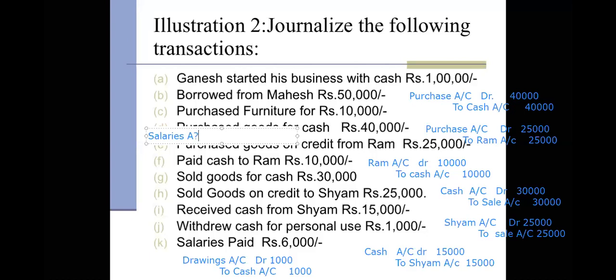So salary account debited, that is 6,000. And what is credited? What you are paying? Cash. Yes, you are paying cash. Okay. Now this is how this particular transaction will be done. This is how you will have to do in a proper format for the whole journal. You have to prepare